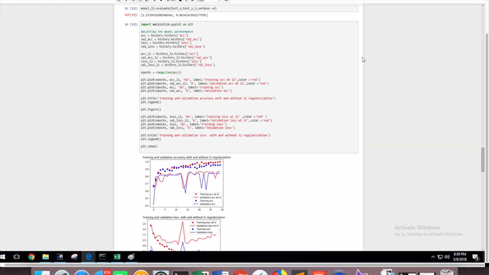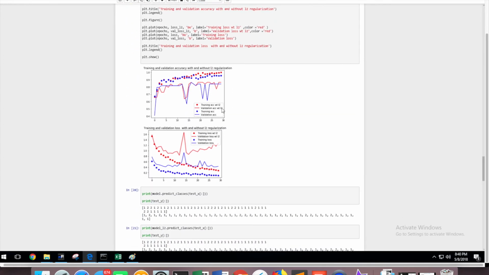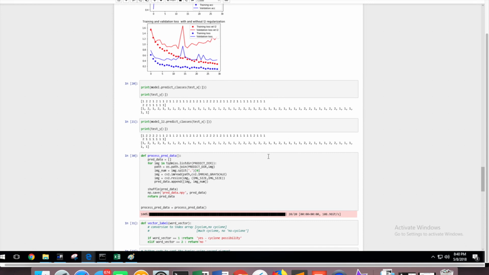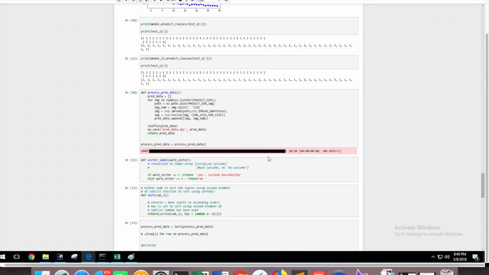Below we can see the plot for the accuracy and the loss, where we can see the L2 model tends to have slightly more accuracy than the non-L2 model, and the loss for the L2 model is much higher for the training set as compared to the testing set as compared to the loss for model 1. Thus, we can conclude that Model 1 is a better fit for this project, and we proceed further